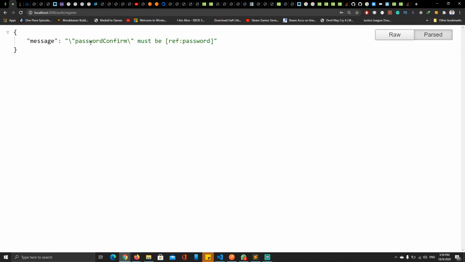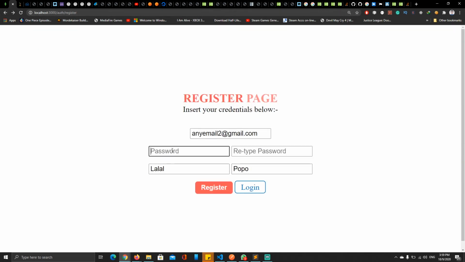The message is: password confirm must be a reference from password. So basically it should be the same password. What if I put password 123 and password 123, the same password, but this time